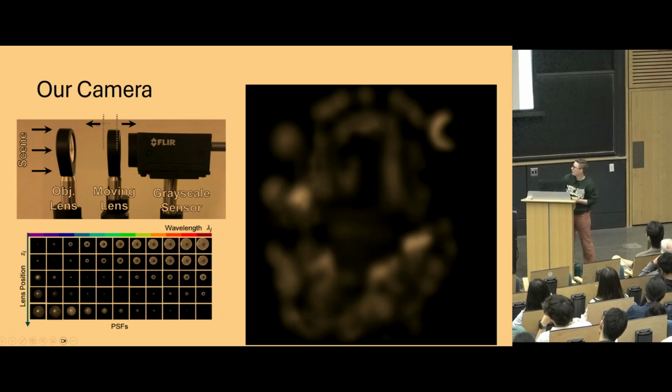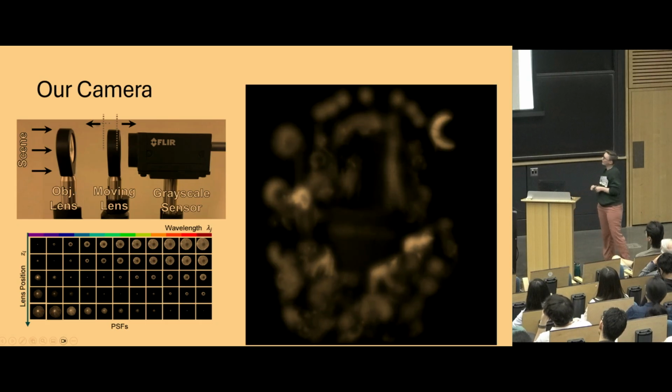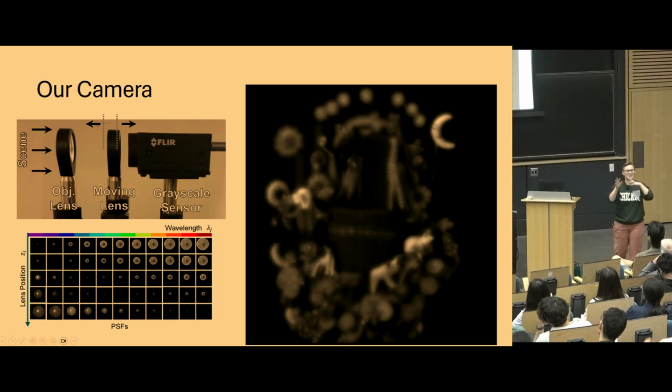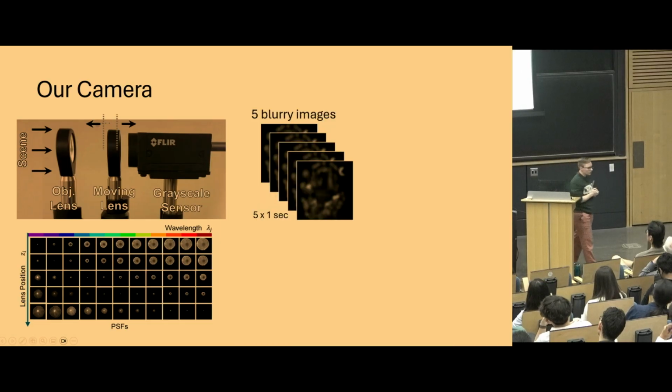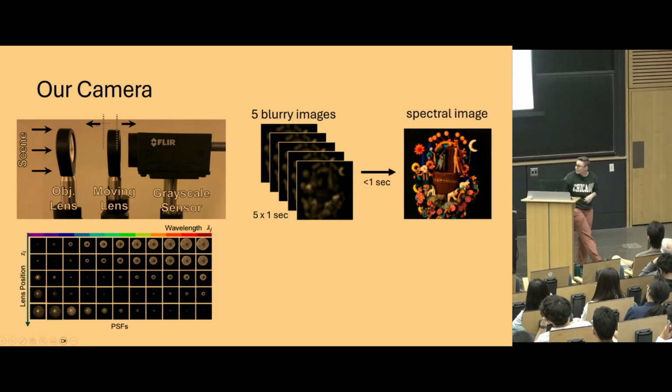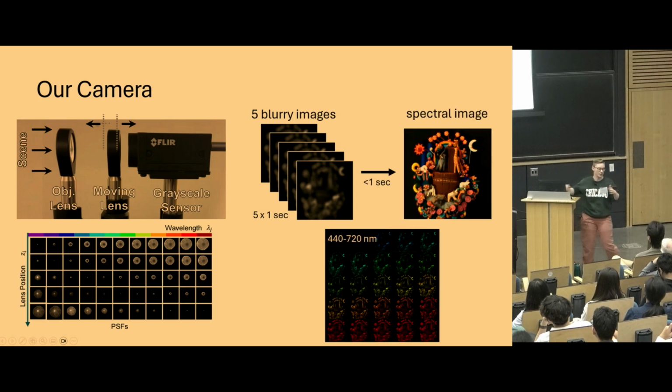So here's an example of what a scene looks like. You can see it's doing this focus breathing, but it's not spatially uniform. And that's because there's not spatially uniform color, right? So if you have sort of multiple flashes, those are going to be 2 peaks in your spectrum. From this data, we take 5 blurry images. This is kind of the major weakness of this method. It is not snapshot. Snapshot's really hard. We didn't even try to solve it. But we take 5 1-second exposures, and in less than a second, we are able to compute an image that's shown here in RGB. But of course, this is a high-dimensional spectral image.